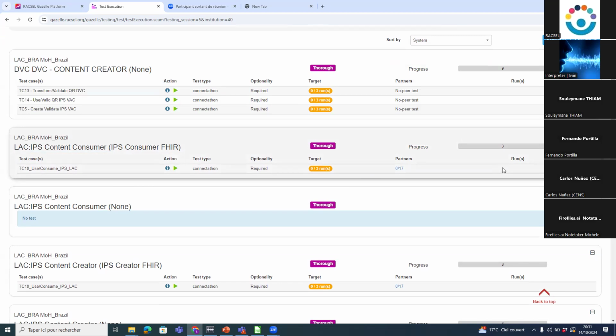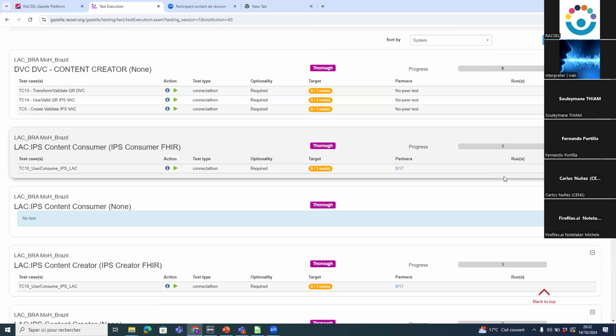It's normal because we are in the P2P, we are in the interoperability testing. Interoperability testing means you are testing with other countries, with other partners, like peer-to-peer, for example. And if the other partners test with your file server, if they send some query ITI 67 or ITI 68 to your file server, you need to be aware that this country, Colombia or Uruguay, they send some transactions to the Brazil file server.